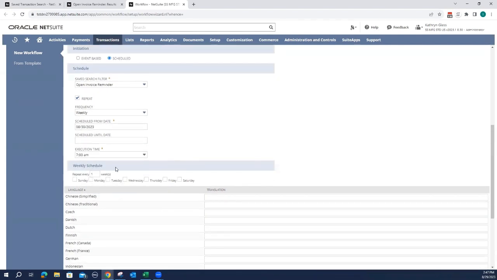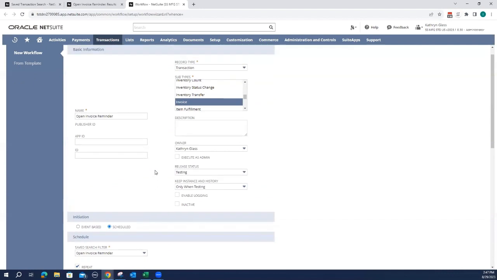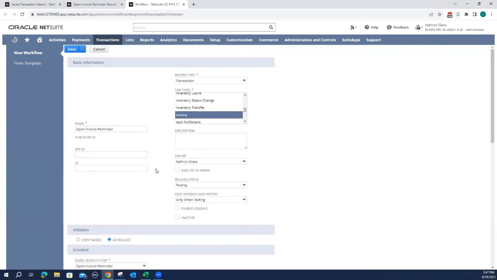Now that we did select weekly, we do want to choose the day that we want this sent out. And as we saw that we selected the date for Wednesday, we'll keep it as Wednesday, but you could choose any day of the week that you would like. Now that we have the overview for this workflow, we'll hit save. Once we hit save,